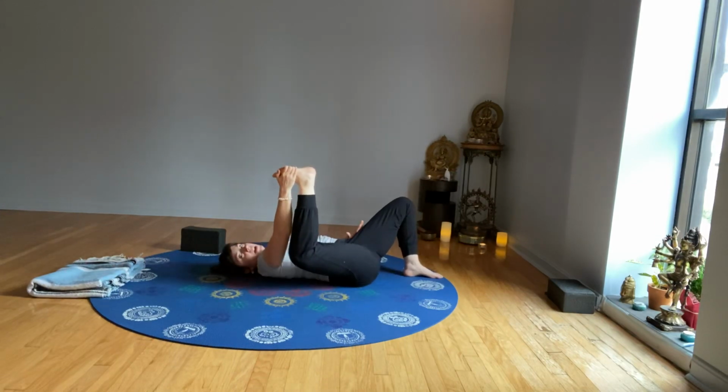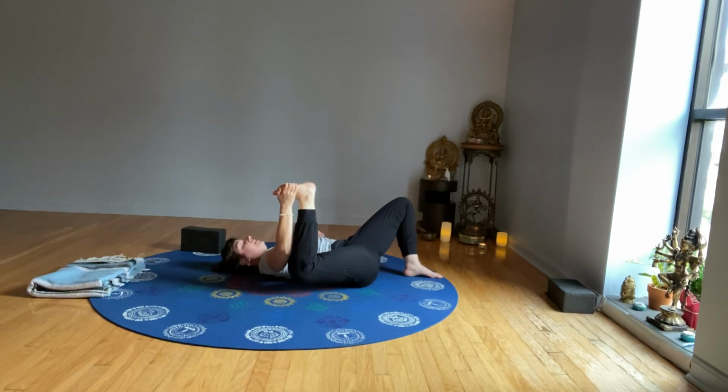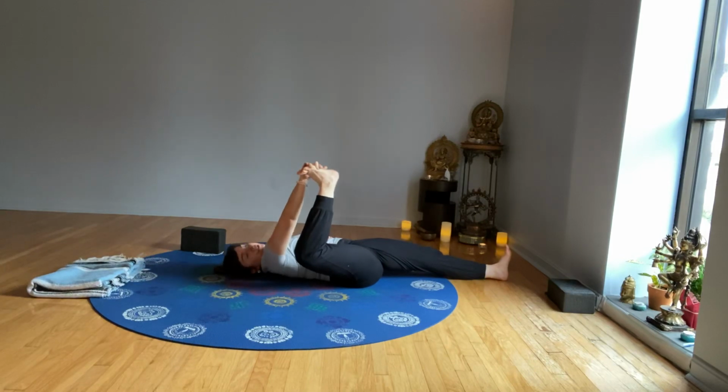And now do your best to keep the left hip down and move the right knee towards the floor. Easy breath. Stretch the left leg out straight. Try to press the left quad down. And then depending on your flexibility, if you're more flexible, you can keep your hand on your foot,